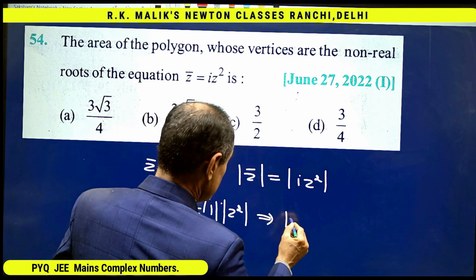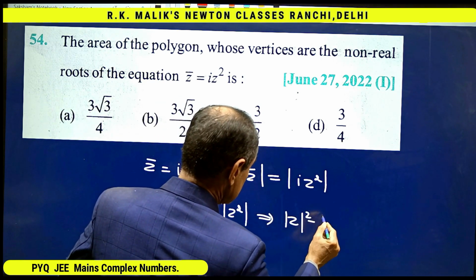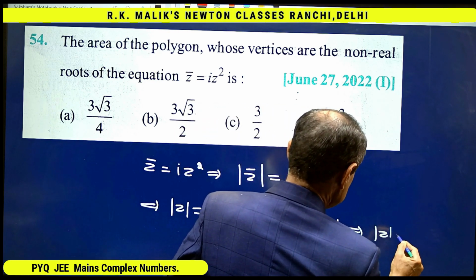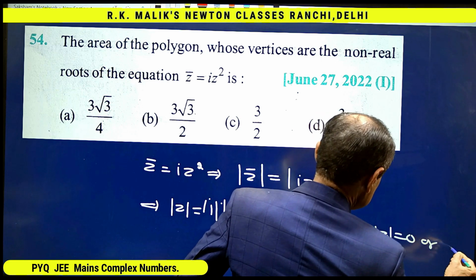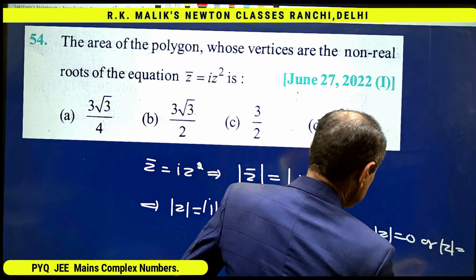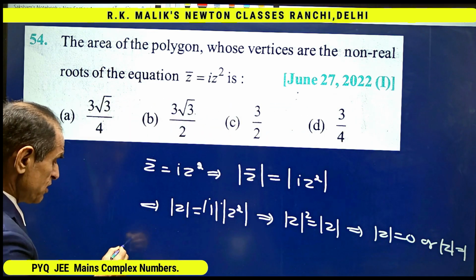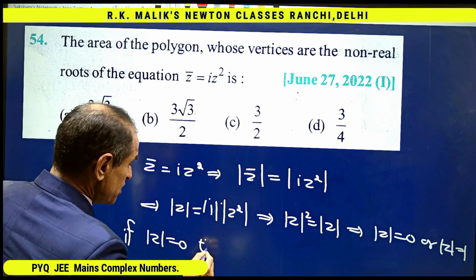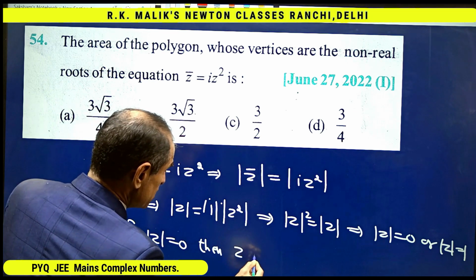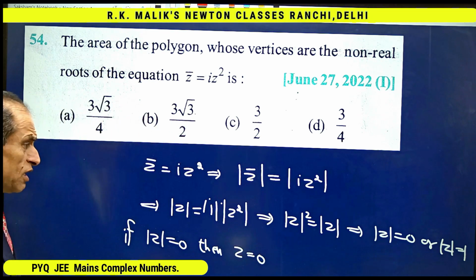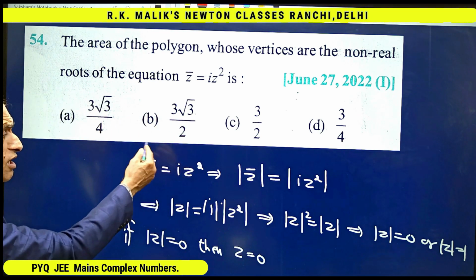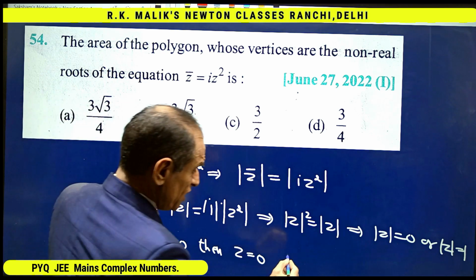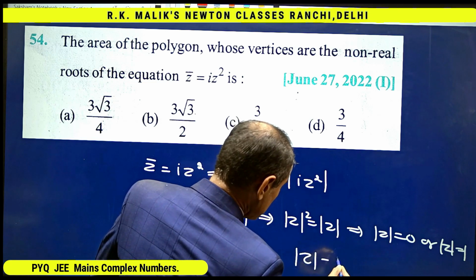This implies that mod of z square is equal to mod z. This implies that mod z is equal to 0 or mod z is equal to 1. If mod z equal to 0, then it surely means that z equal to 0, and z equal to 0 clearly satisfies this. But if mod z equal to 1,